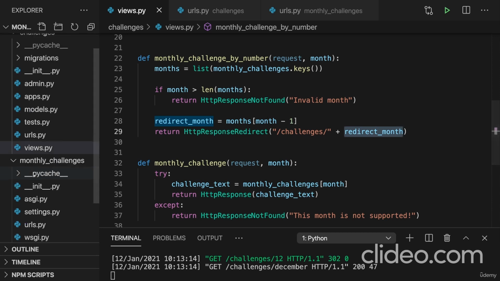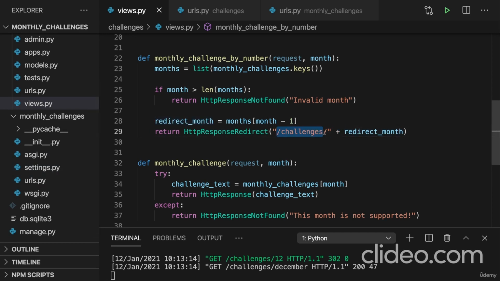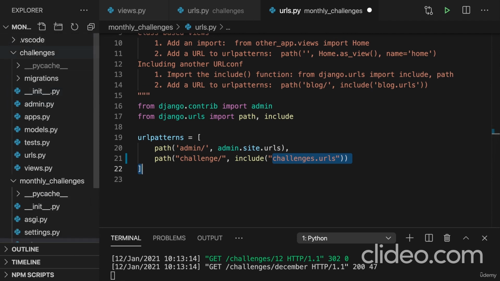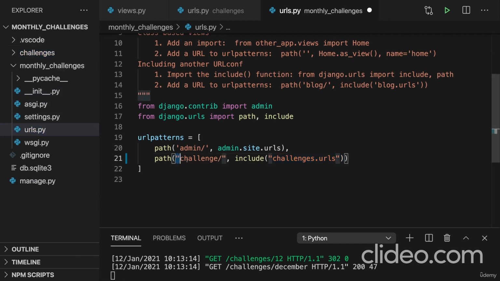The problem with that is that this challenges path with which this redirect path starts is hard-coded in our project URL config here. We say that for any requests starting with /challenges, we want to include our challenges URLs. Now, what if I would change this to just challenge? So without an S here. I don't change the challenges app folder name. I just change the path for which I want to reach into that challenges folder name here in the project-wide URL config. If we save that,